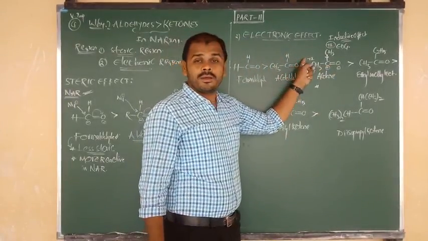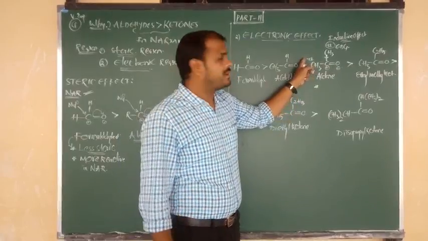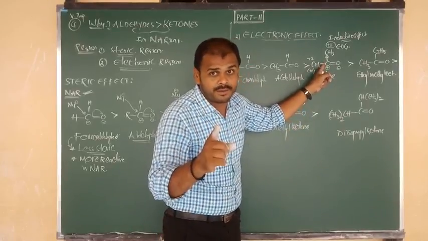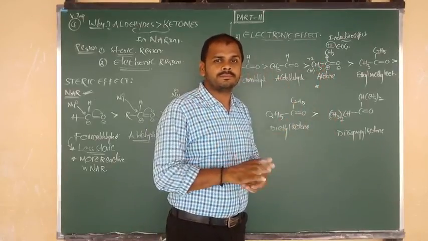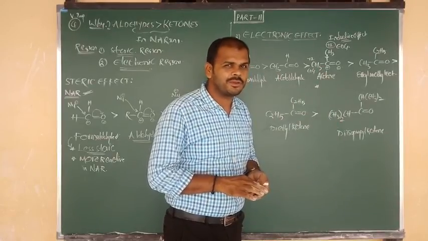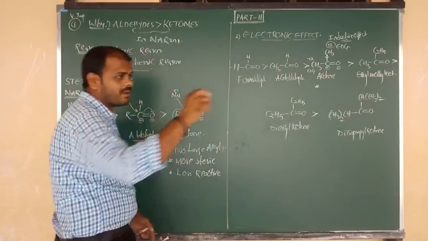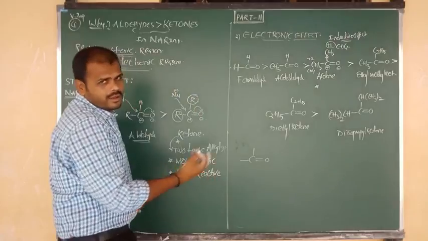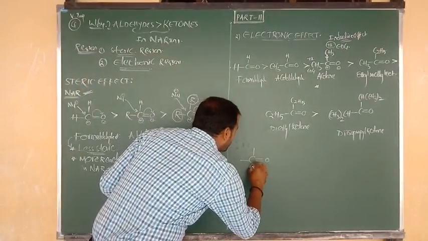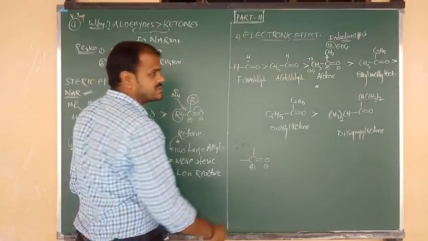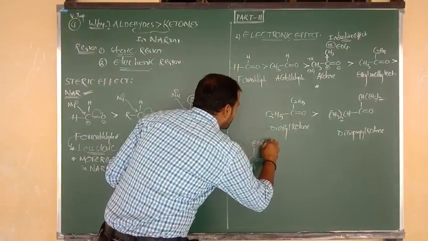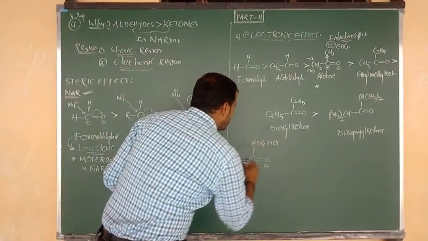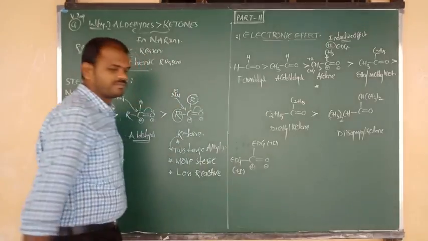So in presence of positive inductive effect groups, in presence of electron donating groups, the positive charge of carbon goes to decrease. You didn't understand? Once again, here I am going to show you a short example. Bond C double bond O, again bond. This is nothing but carbonyl carbon. Suppose the carbonyl carbon contains positive charge, oxygen contains negative charge, and carbon is connected to an electron donating group. Here also I am going to write an electron donating group. Means here the effect is positive inductive. Here also the effect is positive inductive.